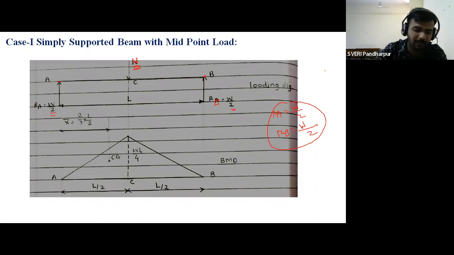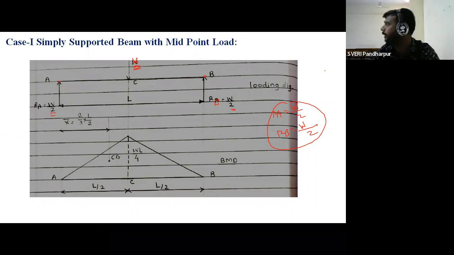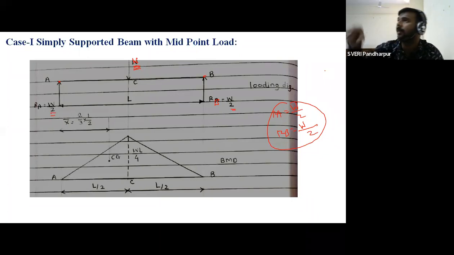For that purpose, one statement I have given. Bending moment is always maximum at the support point or end points of the beam. ज्या ठिकाणी बीम तुमचा संपतो त्या ठिकाणी तुमची बेंडिंग मोमेंटची व्हॅल्यू काय असते? 0 असते. आपण बेंडिंग मोमेंट कॅल्क्युलेशन मध्ये पण बघितलंय. बेंडिंग मोमेंट ऍट पॉइंट A डायरेक्टली 0 किलो न्यूटन मीटर आणि जरी कॅल्क्युलेट केलं तरी पण ते 0 येते. तसंच बेंडिंग मोमेंट ऍट पॉइंट B वी आर डायरेक्टली रिटर्न 0 किलो न्यूटन मीटर आणि जरी कॅल्क्युलेट केलं तरी पण